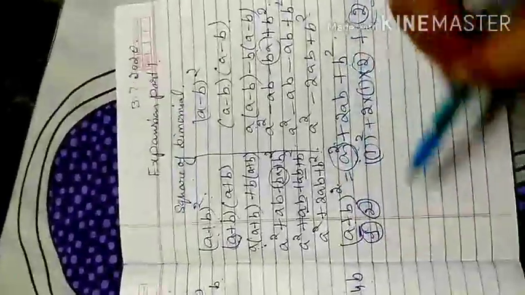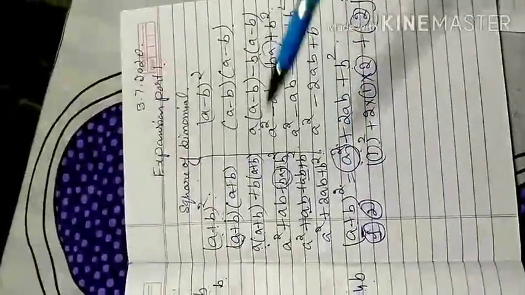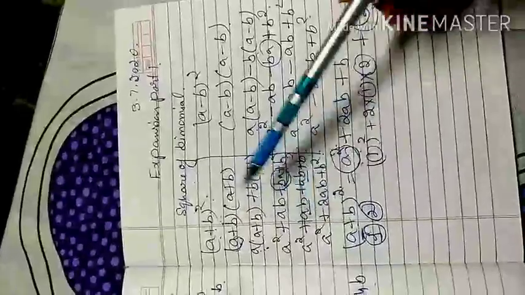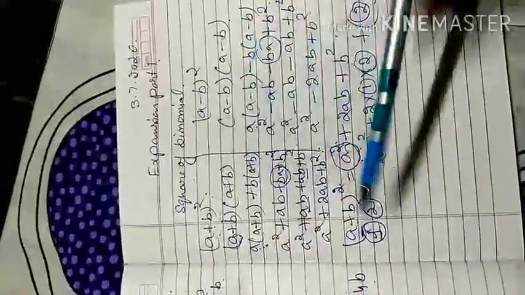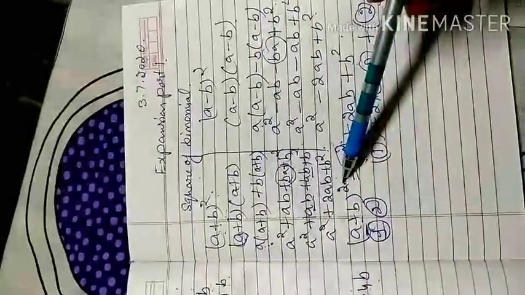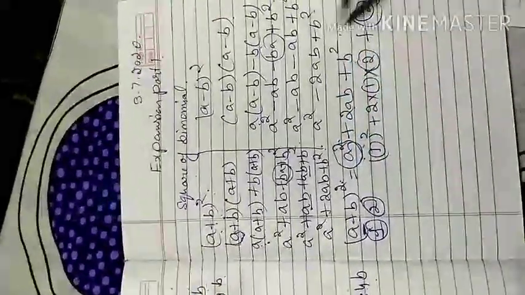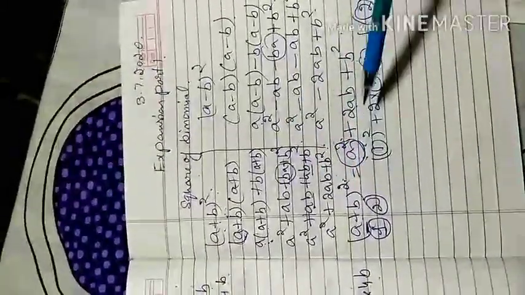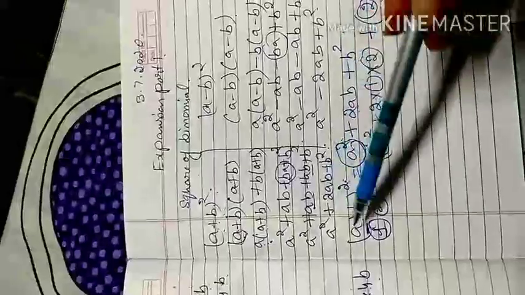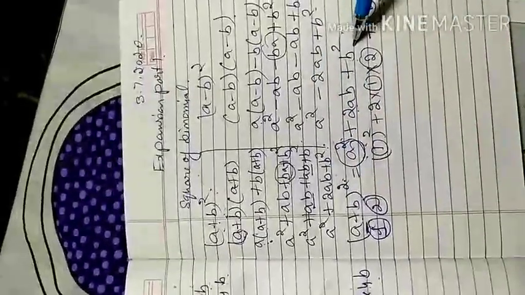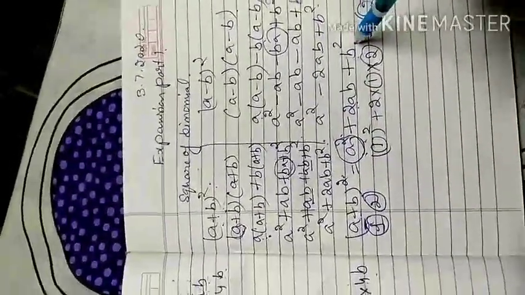So this is my first identity. We call it the first identity because instead of going with a long procedure like this, if I have two terms and the whole power is there, I can directly write it this way: first term square, plus 2 multiplied by first term multiplied by second term, plus last term square.